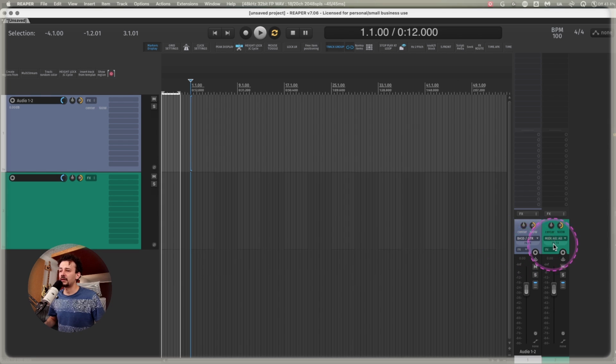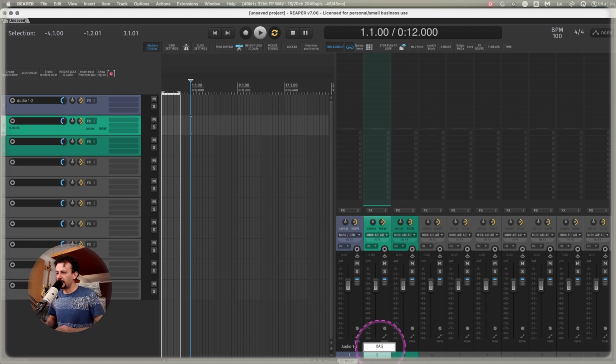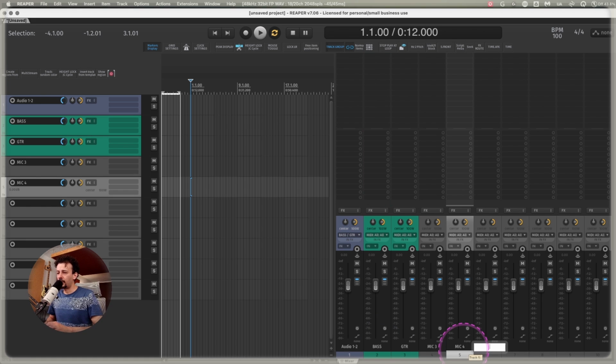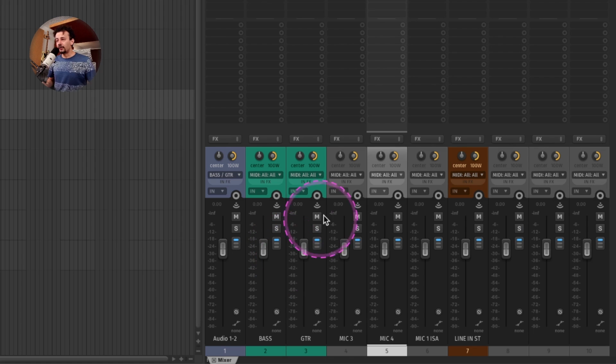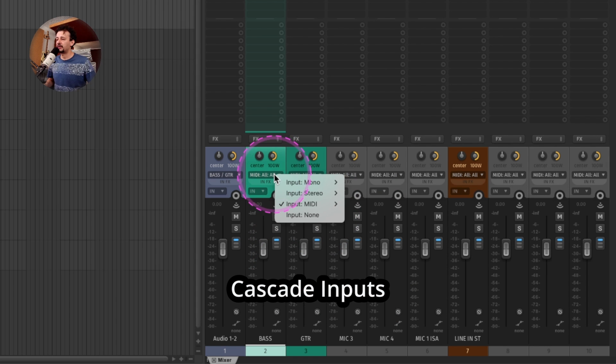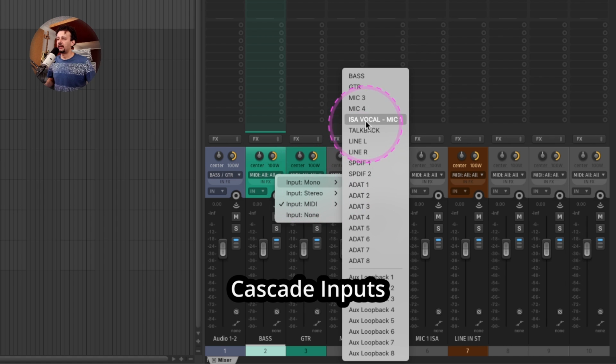I apply this, and now I could have my bass channel. I set my guitar channel, mic 3, mic 4, mic 1 ISA. Here would be my talkback, and then I would have a line in stereo, right? Something like that. Not only that, we can start changing all of the inputs, and you could go one by